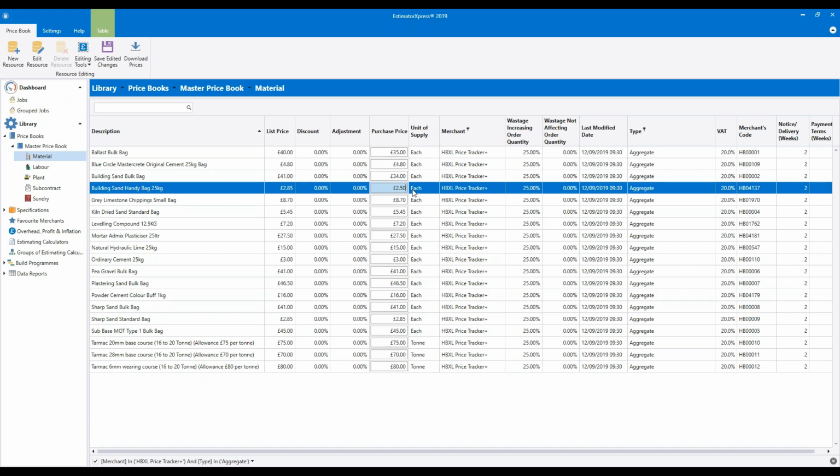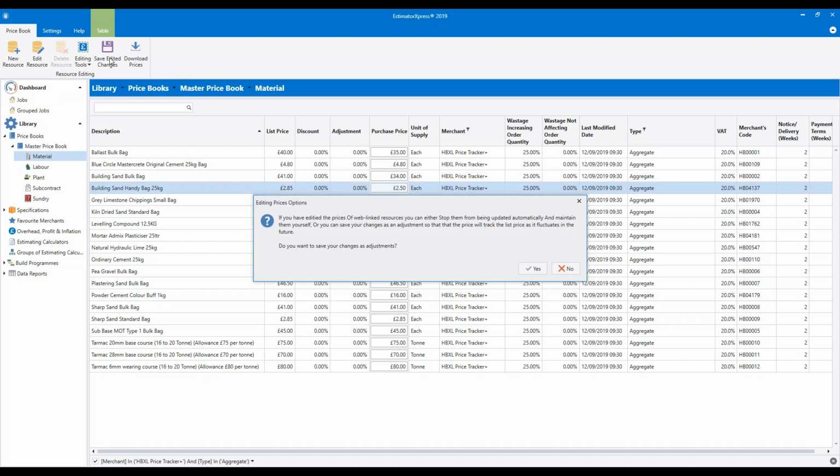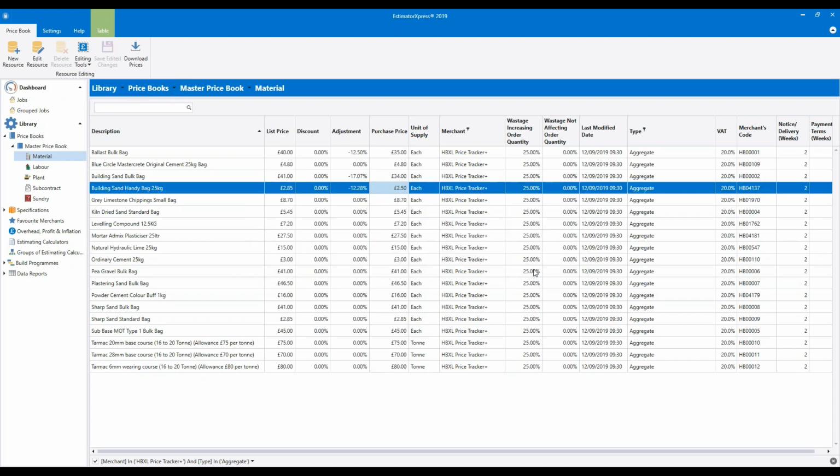So once you've changed those 3 prices, the ballast bulk bag, the building sand bulk bag, and the building sand handy bag, once again, we're going to click Save Edited Changes, and we're going to click Yes to save them as an adjustment. And there in the adjustment column, you can see the difference between what you pay and the list price.